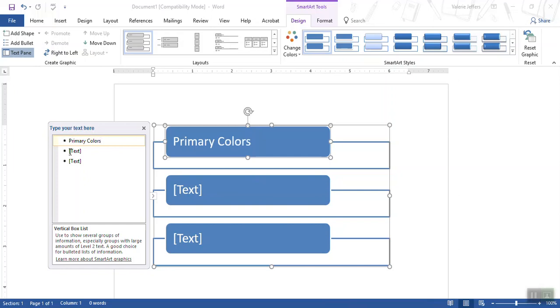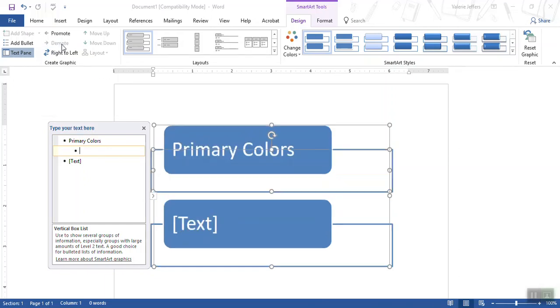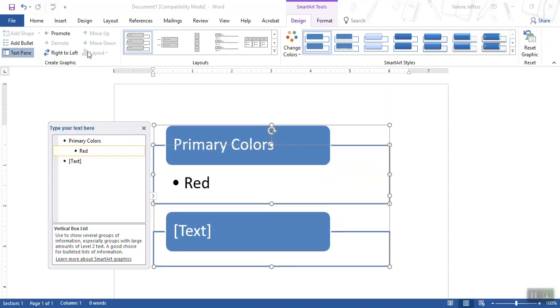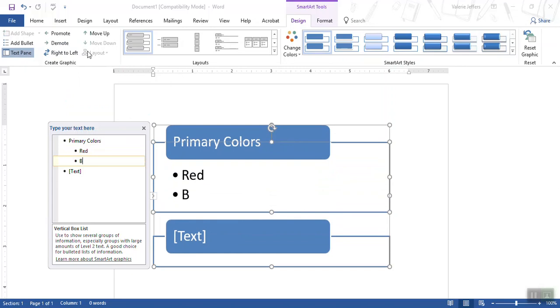I want my next entry to be at level 2, so I'm going to click on demote. Type in my entry, hit my enter key, type my next entry, click on my next level 1, type in my second heading,